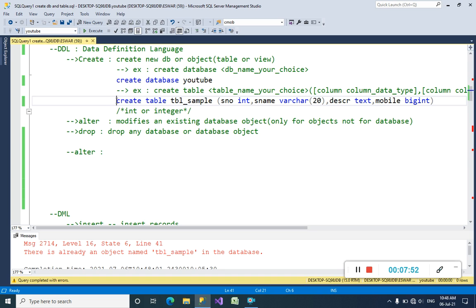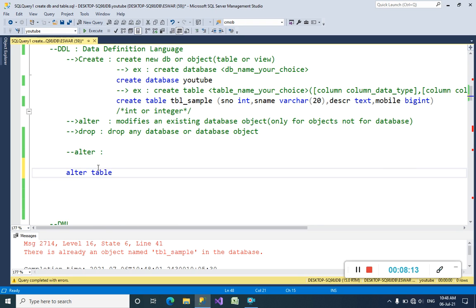When you want to add one more column to this table, we must use the alter command like alter table. Hello guys, alter table sample, add column.